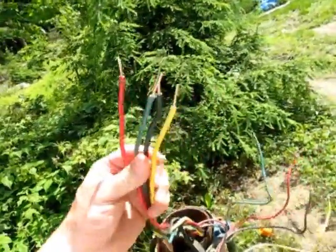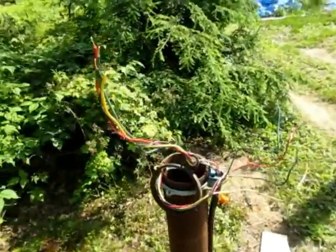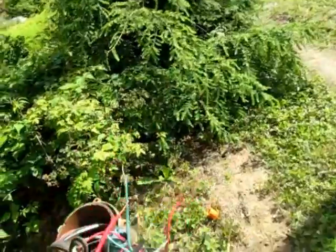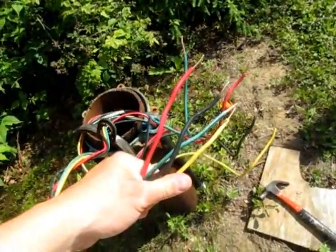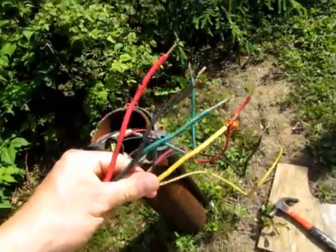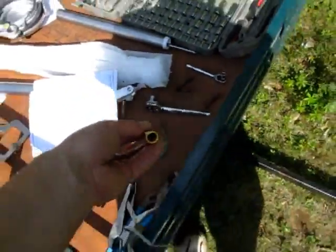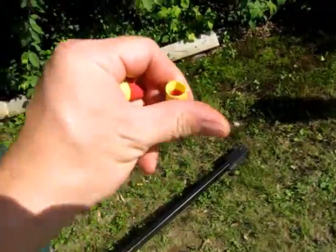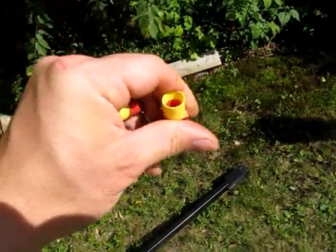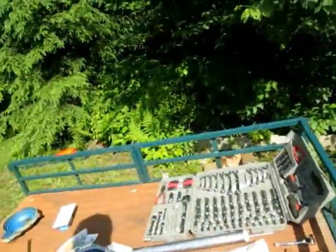Here's why I'm stupid. I undid the connections here, and this is obviously, color to color. It's going to match up. What I neglected to take into account was the fact that I could reuse these wire nuts. So I got the wire nuts that I had before. I can use them again. I thought they had some sort of epoxy potting or something like that in them. What I got was